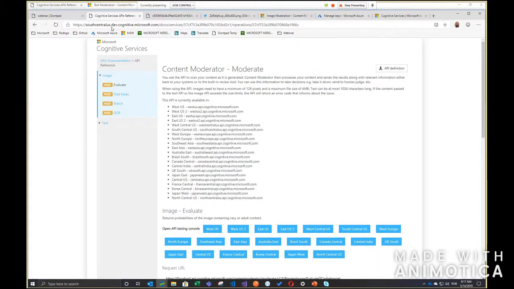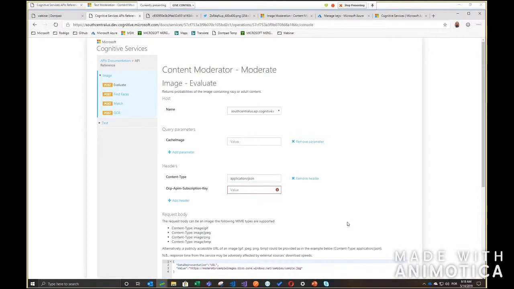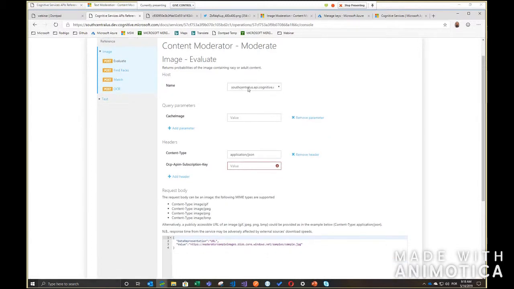So the Content Moderator API has this dashboard to help you navigate and use the API. The first thing you need to choose here is what you're going to test: image, text, or videos. Videos are in preview; you can do it through the review tool I will show you later. So let's evaluate images. And you need to know where your Content Moderator API is deployed. In my case, it is South Central US. So since I choose the region, I have here the South Central US host.